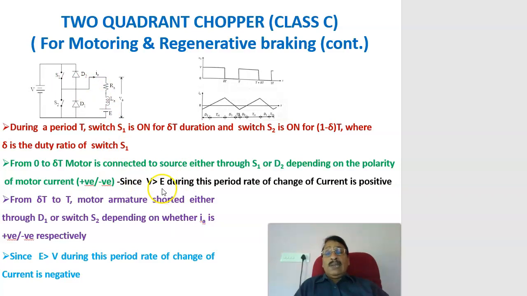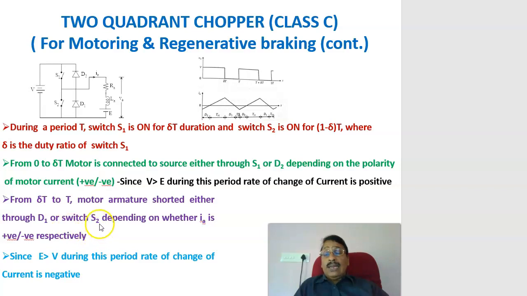Since during this period the voltage V is more than the back EMF E, the rate of change of current is positive. That is why the current is increasing, since V is more than capital E. From delta T to T, the motor armature is shorted